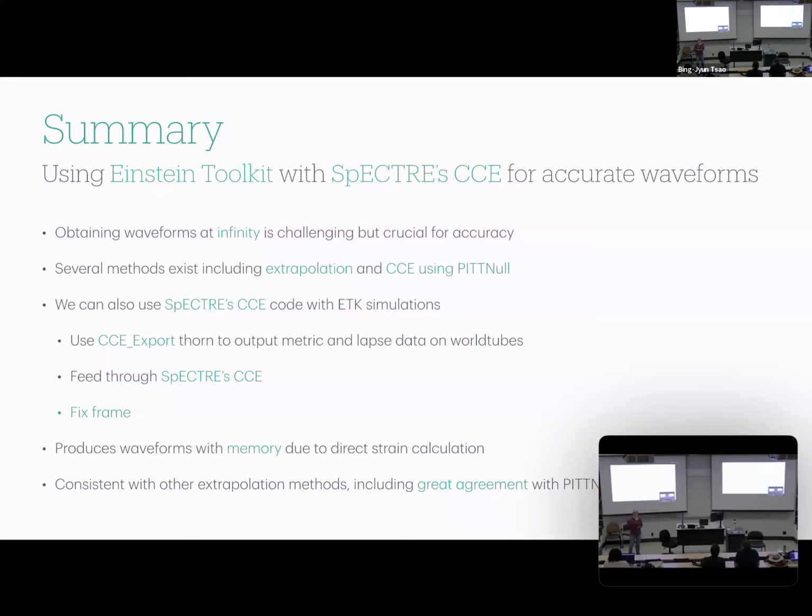Okay. Oh, yep. So you mentioned that the padding time would have to start after the junk has passed, but would that be handled in the CCE process with the CCE export thorn itself? Like when you store this data, do you just start from the simulation, or do you also have to cut out the junk? So the question was about how I mentioned that the padding needed to start after the junk time, and was asking if that's taken into account when outputting the CCE data.